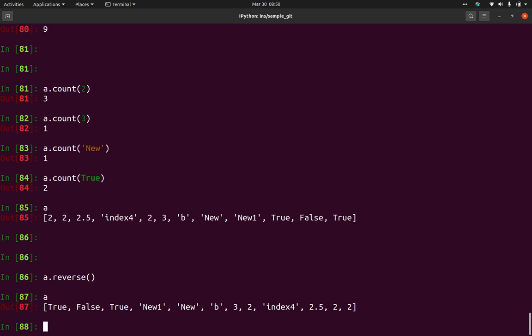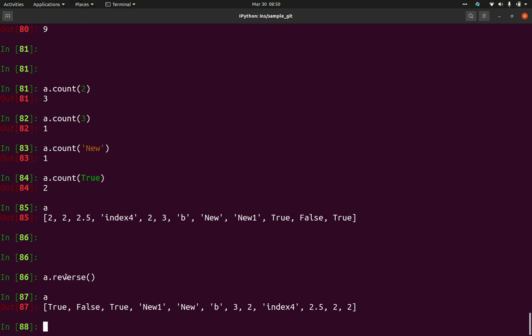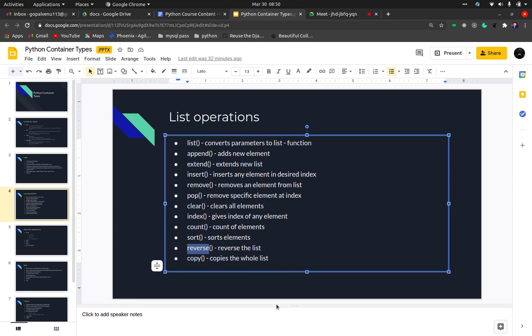It will just swap the indexing so that the last elements come first and the first elements go to the last. It simply reverses the whole list. Here you can see that while using the reverse method the whole list itself is changing. My A was like this, now my A got changed. Remember that as well.